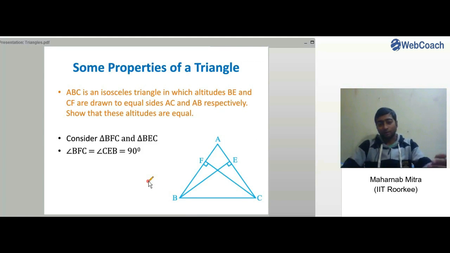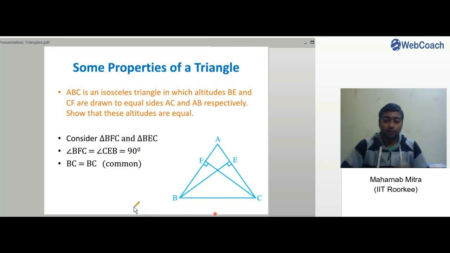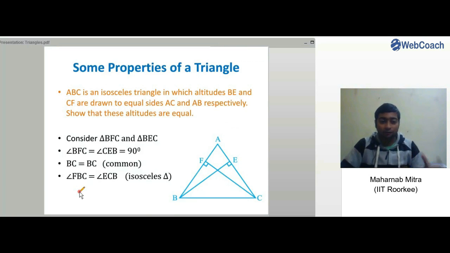For these two triangles, angle BFC and angle CEB are 90 degrees because they are altitudes, so they must be equal. And BC is the common base, so for both of them the length of BC will be the same. So we have got an angle and the side. Now for the third angle, angle FBC, which is angle B, and angle ECB, which is angle C,